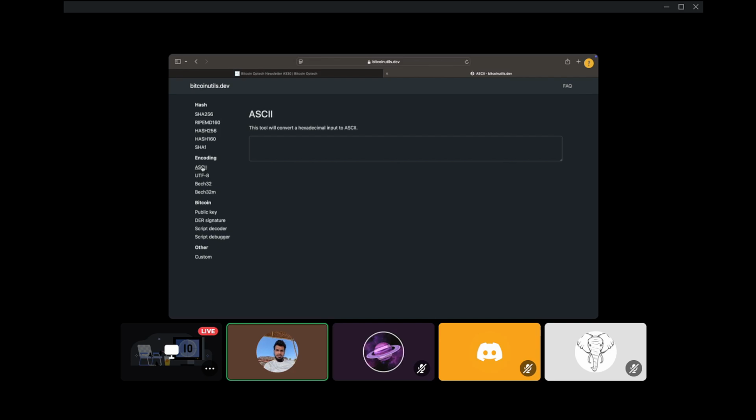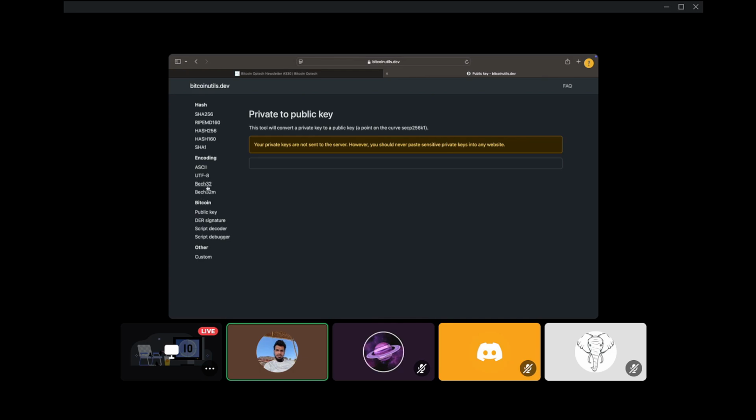This tool will convert a hexadecimal input to its ASCII equivalent, UTF-8, Bech32, Bech32m. Public key: this tool will convert a private key to a public key, a point on the curve. I was planning to do something of this sort because we're currently doing coins. I was planning a random number generator that will generate a private key, then convert it into the public key, then into the Bitcoin address, then concatenate the checksum, and then convert it into a Bech32m output. So going all the way from scratch, from creating entropy to a Bech32m usable Bitcoin address.